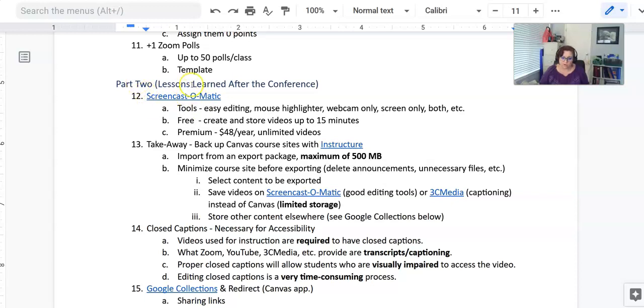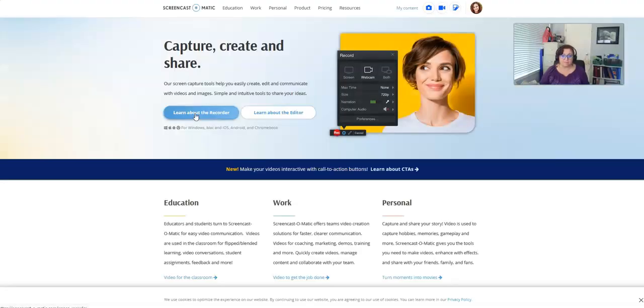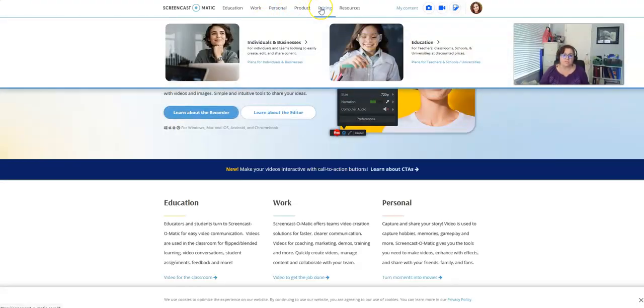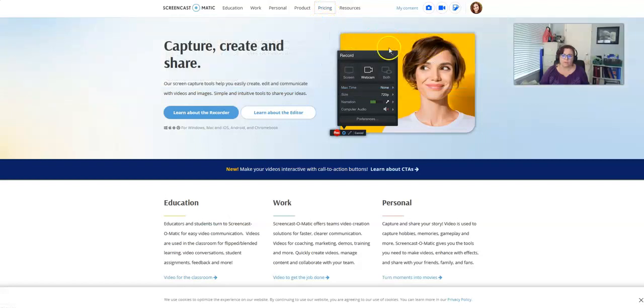So real quick, Screencast-O-Matic, it has some great tools. It's very easy to edit. You have the mouse highlighter. You can choose to show only your web camera, only your screen, or both. And if you click on this link, it'll take you out to Screencast-O-Matic. Okay, and one thing to notice is they have prices for individuals or for